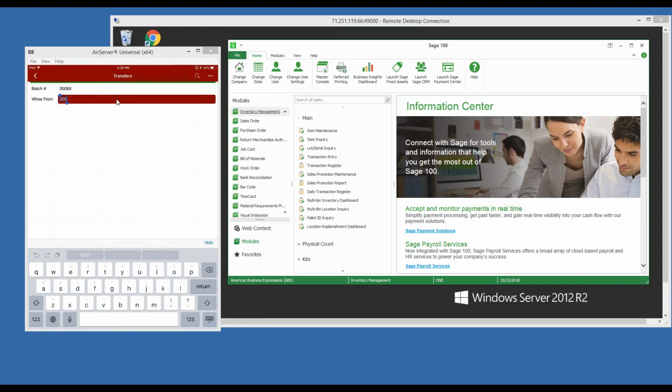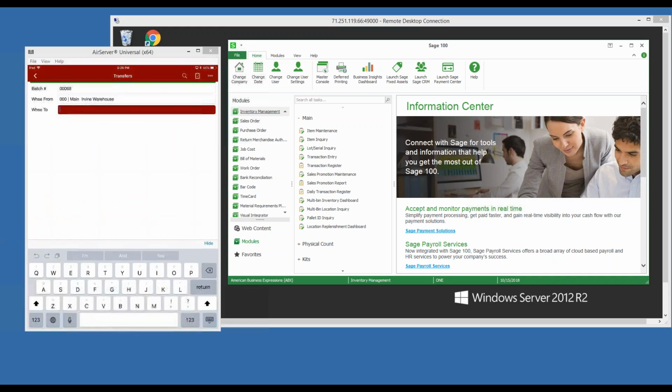If you do not want employees to even see the batch field, that can easily be deactivated in our Scanco portal. So every transaction an employee will do will just generate a new batch, and the employee will never have to worry about entering a batch number at all. The next prompt I'm going to get is which warehouse I'm transferring my items from. I'm going to stay in my primary warehouse, and logically enough, the following prompt will be which warehouse am I